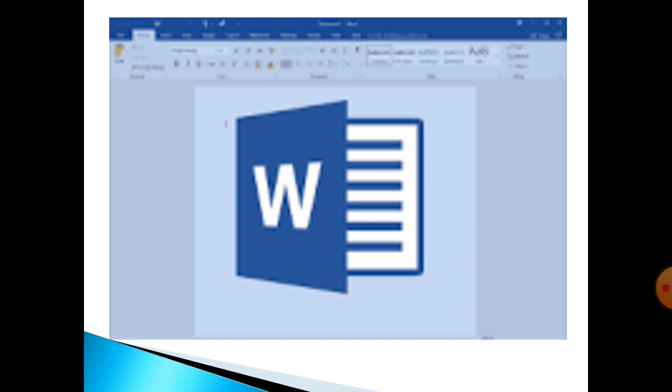formatting a table, changing the row height, changing the column width, how to merge cells together, how to split cells, then how to apply borders and shading in order to beautify your tables, to resize your table. You had also learned to do some calculations also.